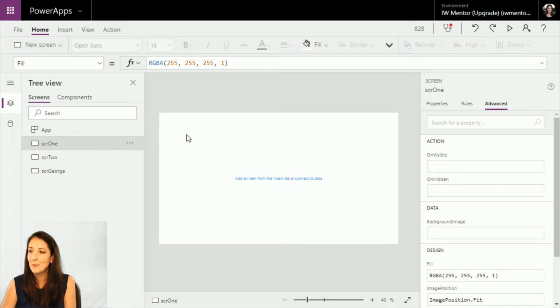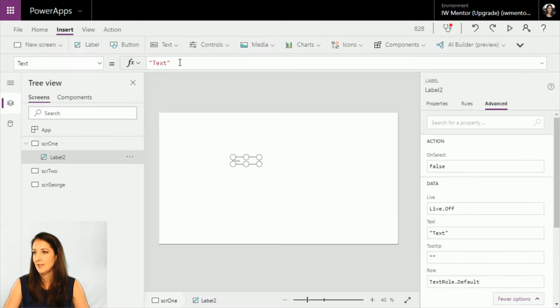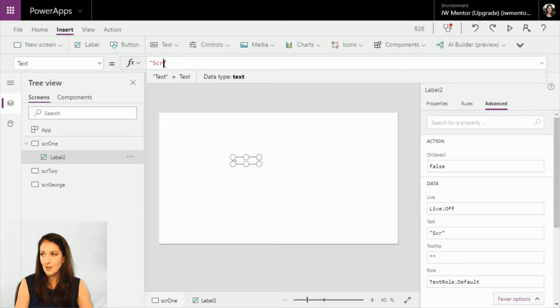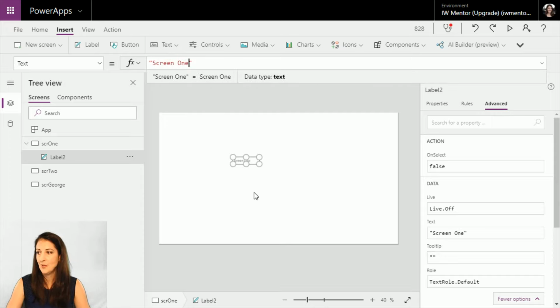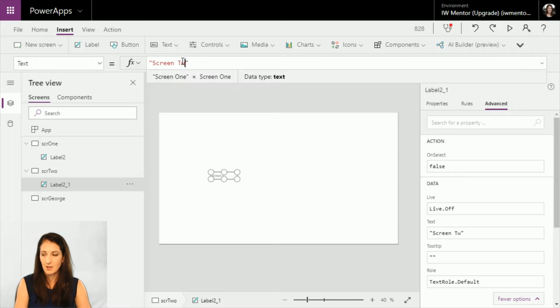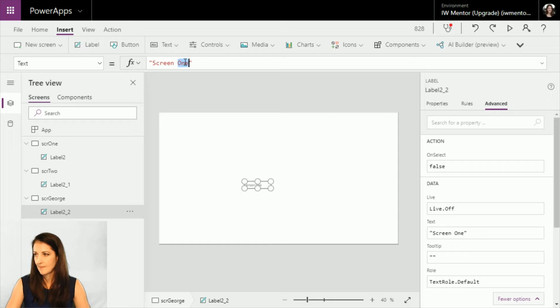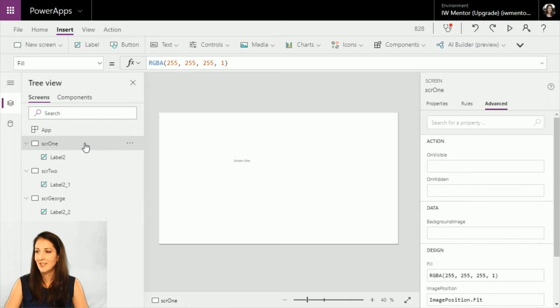So I'll just stick something on this page that says screen 1, just so when we navigate around, we can visually see where we are. There. Okay, so we've got some nice screens. So they're going to be 1, 2, and George. And then we're going to,